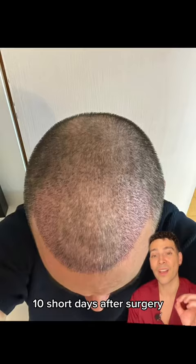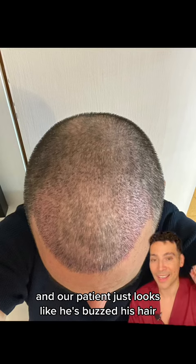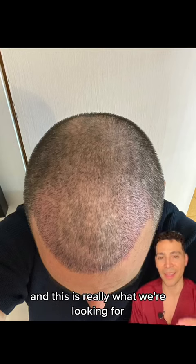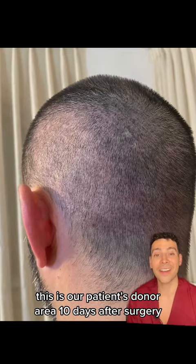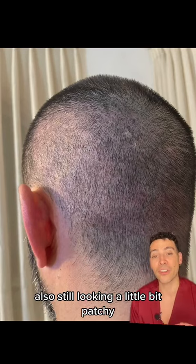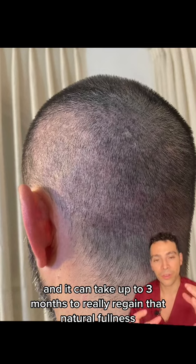10 short days after surgery, and our patient just looks like he's buzzed his hair. Hardly any signs that surgery has happened, and this is really what we're looking for. This is our patient's donor area 10 days after surgery. Also still looking a little bit patchy, but it's normal, and it can take up to 3 months to really